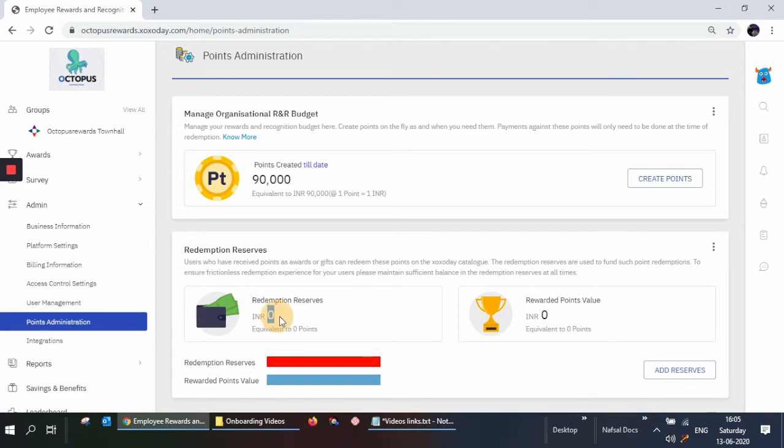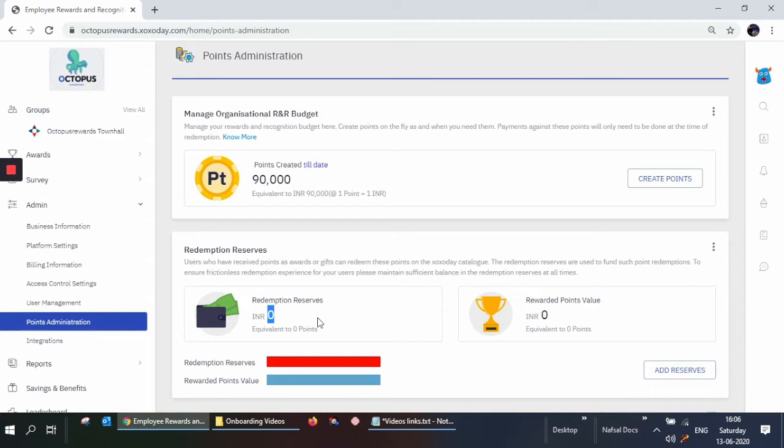Now, redemption reserve is something like this: you award an employee, let's say in the form of an award, 1,000 points. Now the employee goes to the store's platform to redeem those points by buying some experience, some travel vouchers, or some gift cards, etc. But when the employee is ready to use those points and make the payment, your company needs to have a sufficient cash reserve in your company's account.